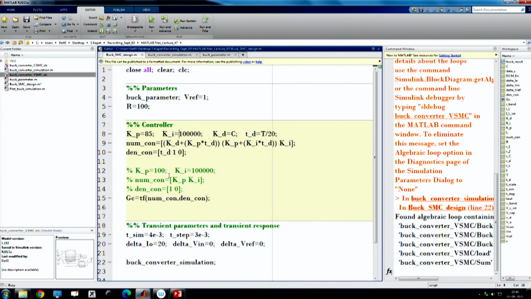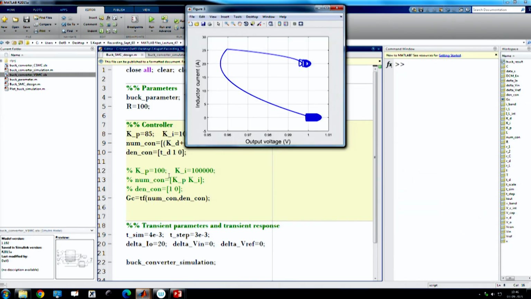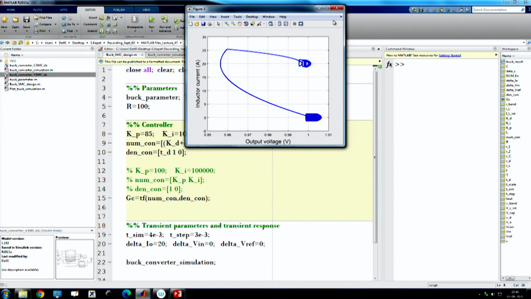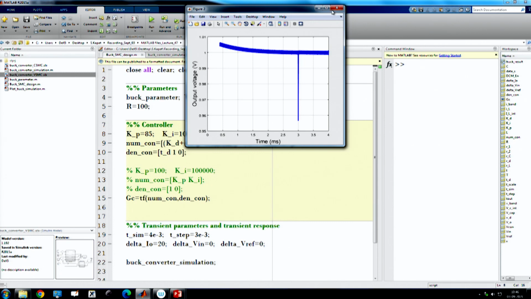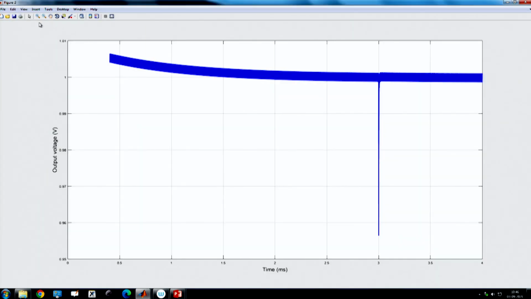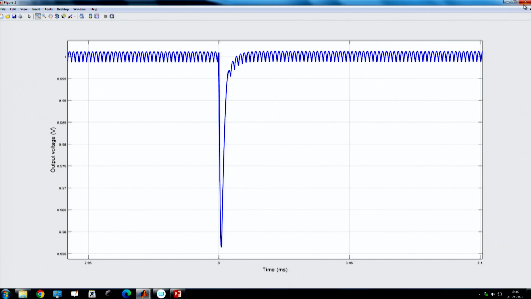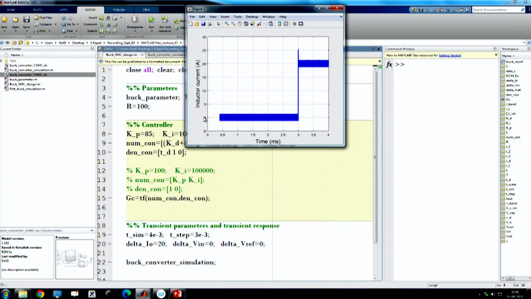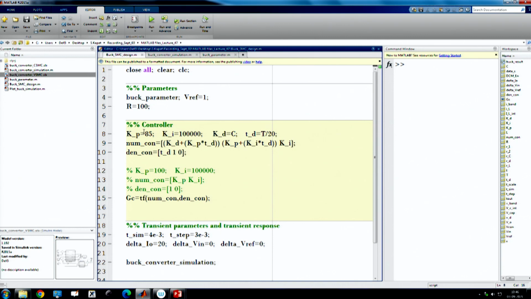Then it will make sure that there is almost no steady state error. Okay. So, we have enabled the integral action now. So, it is coming back and we are coming close. So, we can further increase, so we can do like 90.